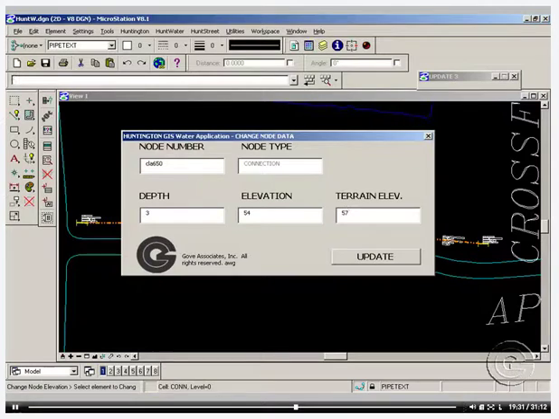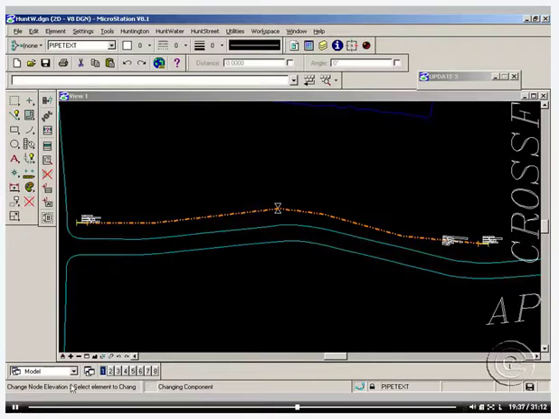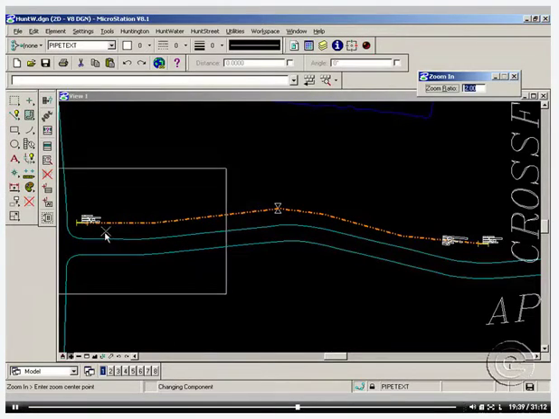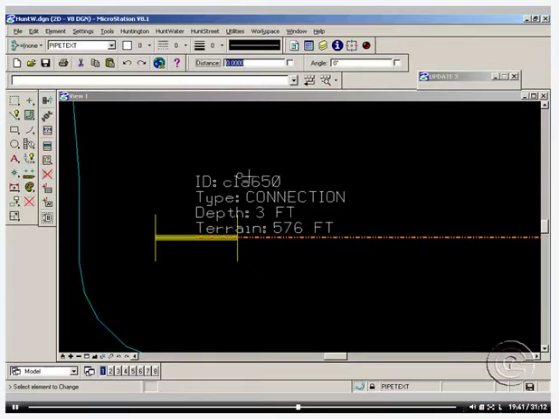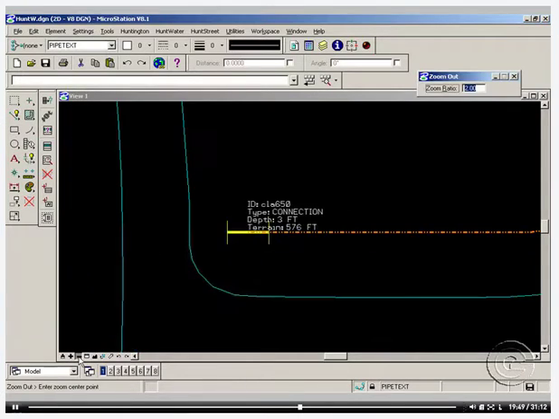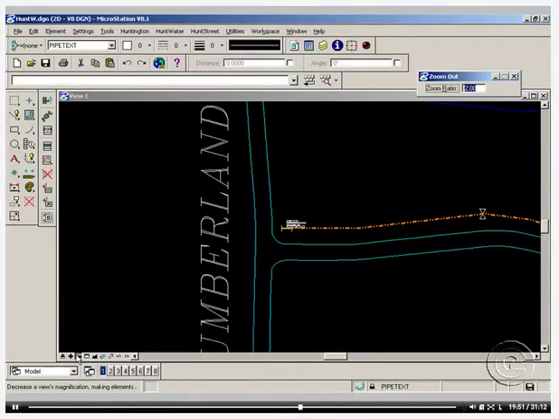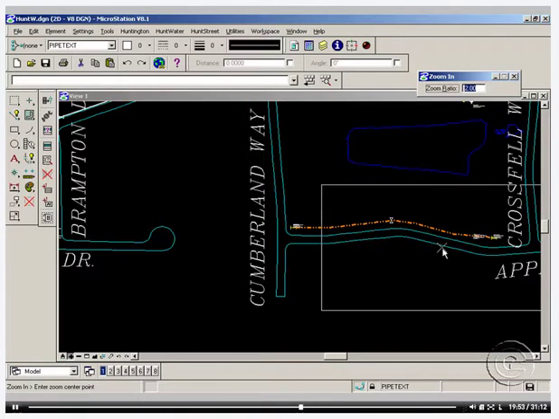Maybe it's 576, and then as you can see here, the program would go and calculate the elevation for us and hit update. Then it'll go in and again change the text on that node. It's also changed in the database and show the type again, the depth, and then the actual terrain elevation of that node. Not only will it change that node, but it'll also change anything that's connected to the node, like the